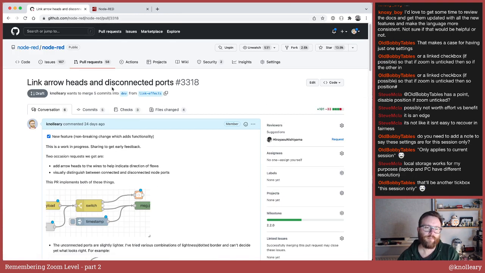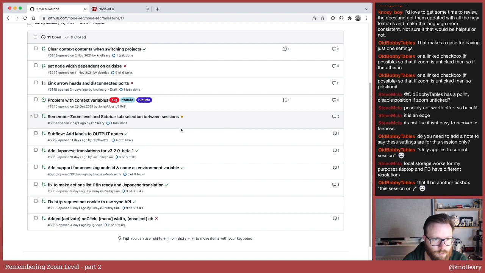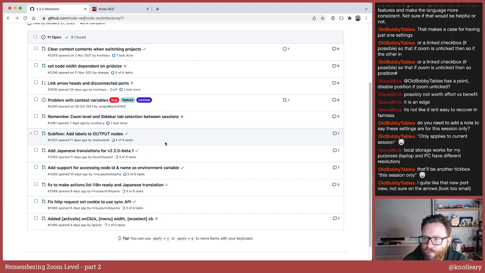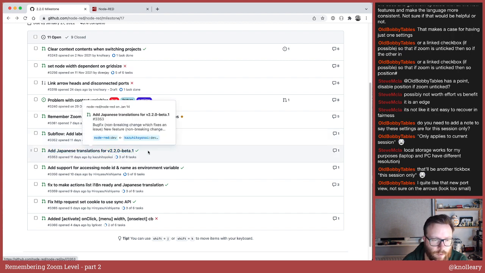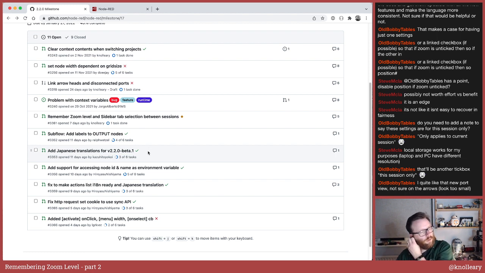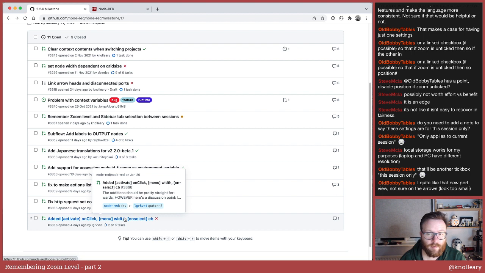So anyway, that's a lot of time talking about something that isn't going to be in 2.2, but we've got a bunch of stuff and a bunch of pull requests just to squeeze in. So yeah, those arrowheads won't be in 2.2, and the changes to the ports won't be in 2.2 as it stands.